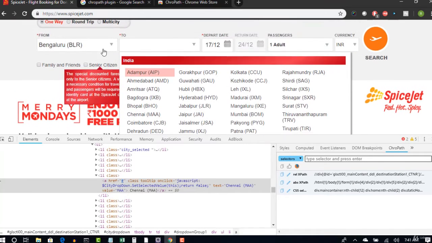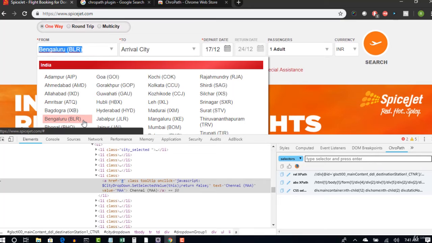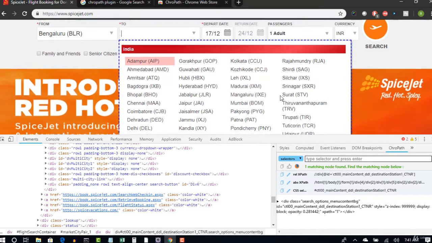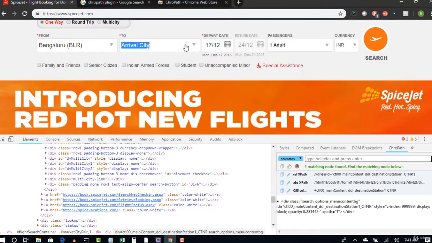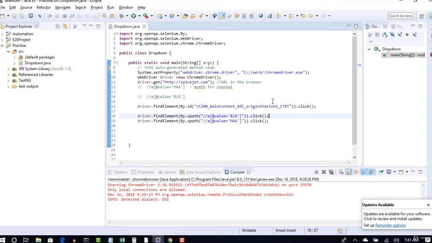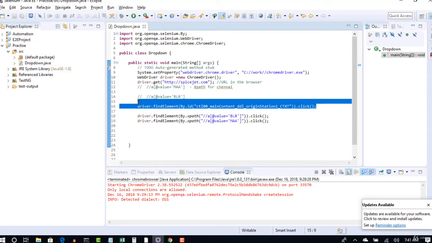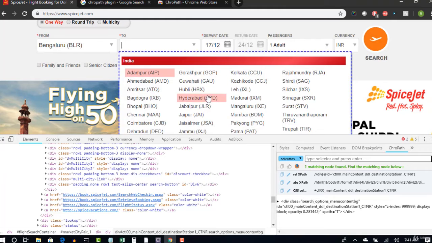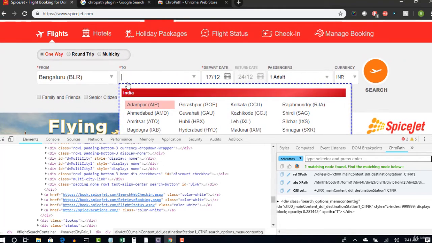Okay, one more thing, after you select Bengaluru, this pop-up opens by default. So you need not select this again to open it. For the first time you have to select this, so that's why I have given the dot click step. But once you select any option, then by default it opens. But it might take 1 or 2 seconds to open.